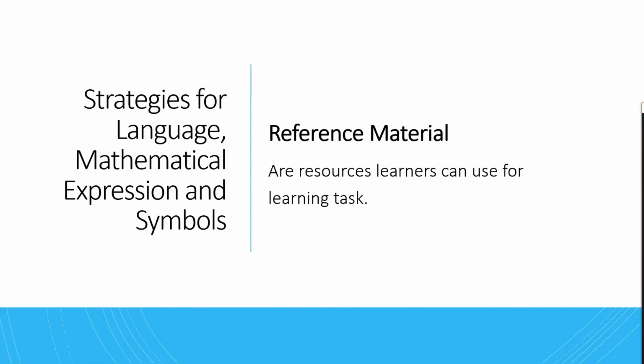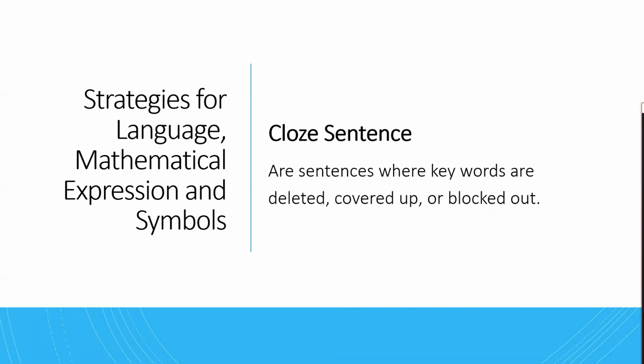Closed sentences are sentences where keywords are either deleted, covered up, or blocked out. Learners can use these context clues to help determine what the actual missing words are. Now, this is going to help the learners focus more on particular words in a sentence to understand